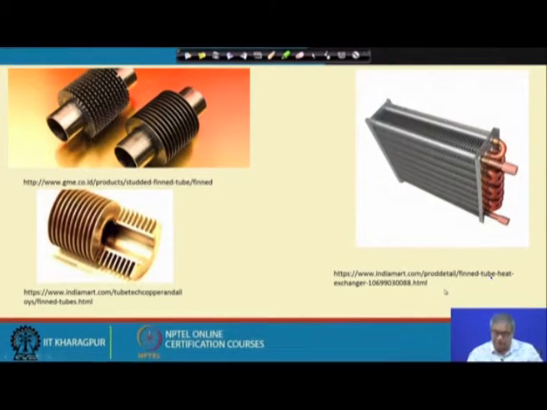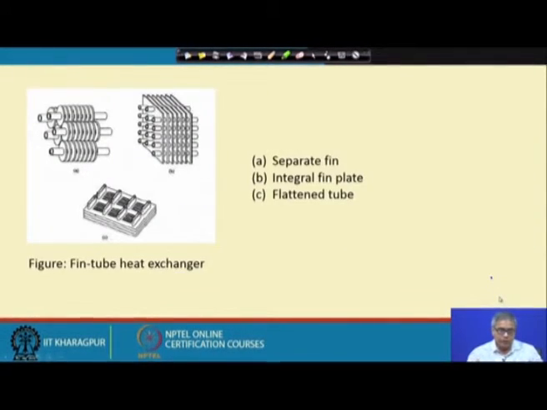With this, let us go to the next diagram. So, here again we can see different kind of geometry. Here again we will not use a single tube, there will be number of tubes. So, each tube can have a number of fins. These fins could be individual fins without getting any connection with another fin. So, this is one kind of a design commonly used, and actually what we want to do, by providing fin we have increased the rate of heat transfer.